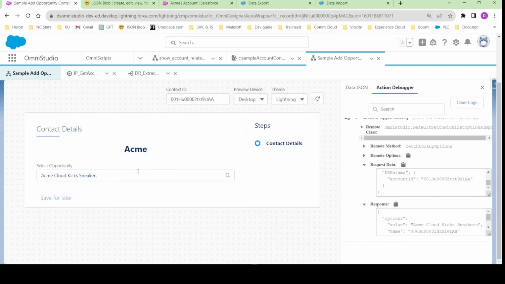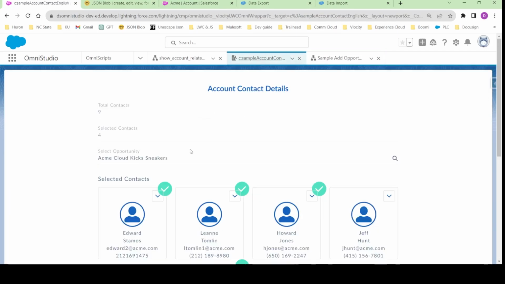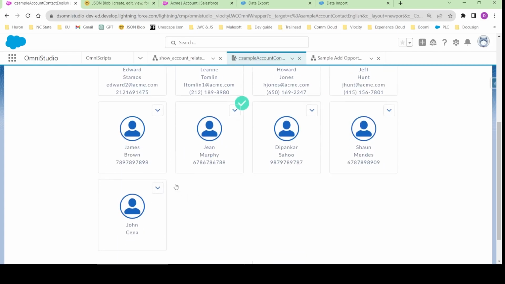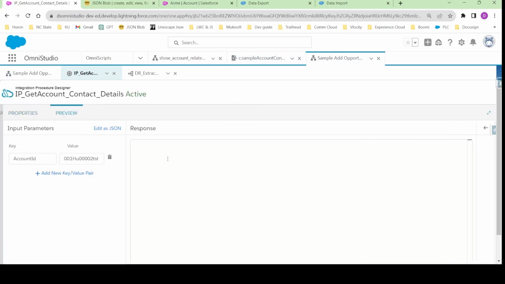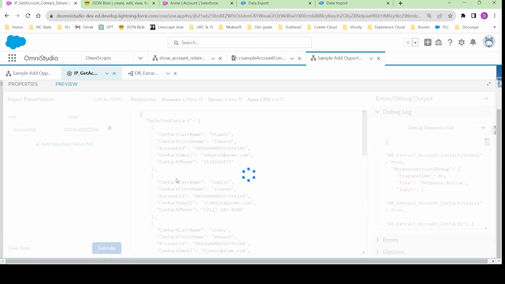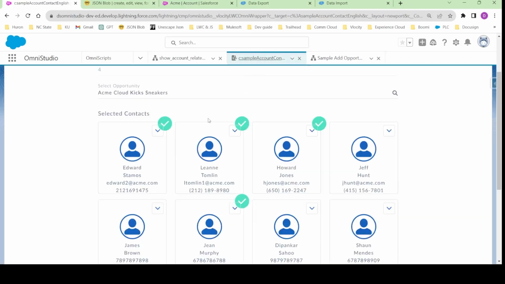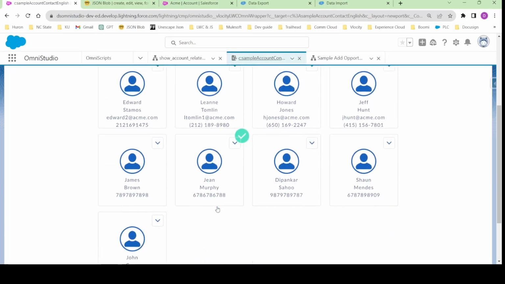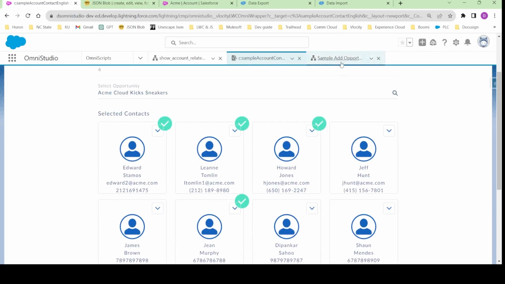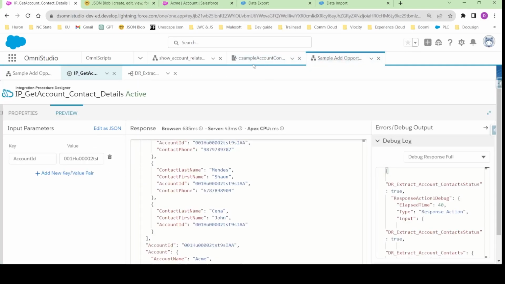So this is all about how we can use integration procedure and Dataraptor extract, and how we can use the lookup. Okay, in the next part we are going to see how we can use the edit block. Edit block in the sense we are going to fetch all the contacts. We actually already did fetch all the contacts. If you see here in the preview, we have already fetched all the contacts, but we have not used it like this. So there are multiple configurations that we need to do, right? So I'll see you in the next video, and